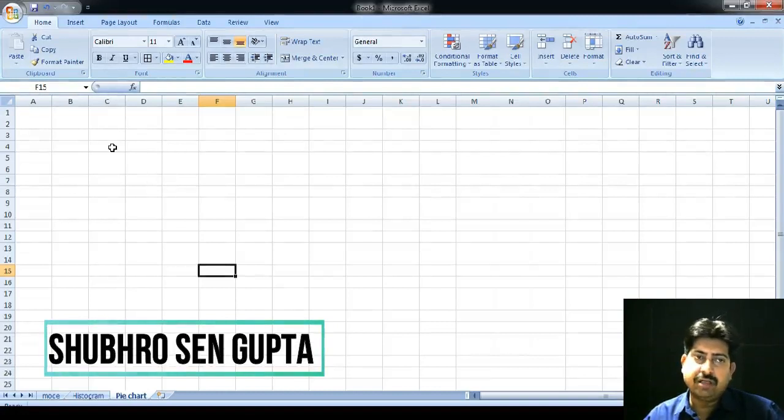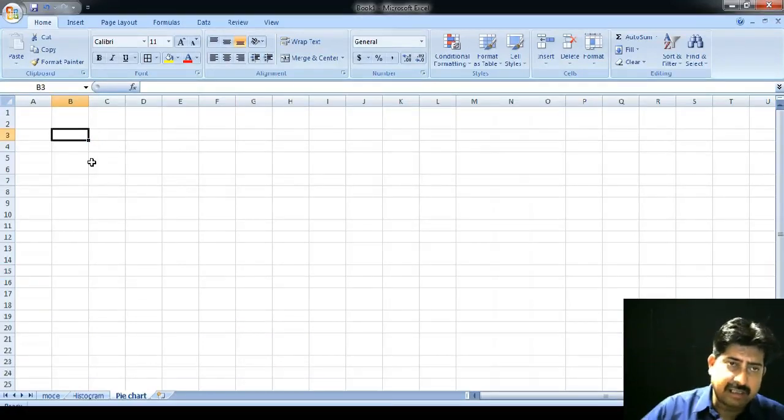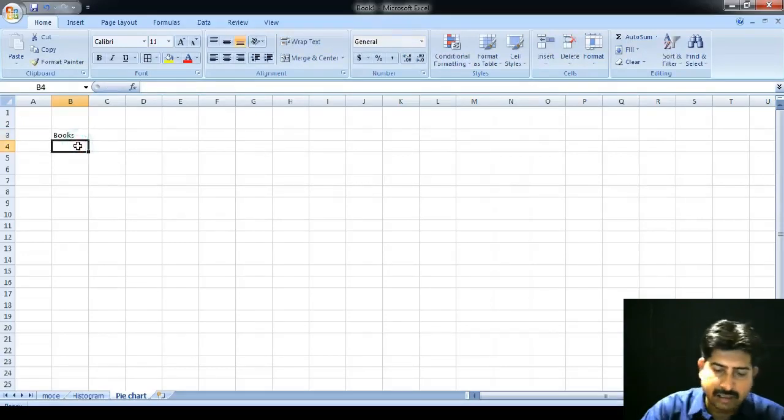Today we will try to learn about the pie chart. So let's start. So here, let's suppose that books in quantities, books. So we have got number of books, and this is physics,